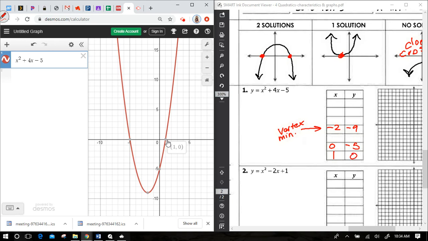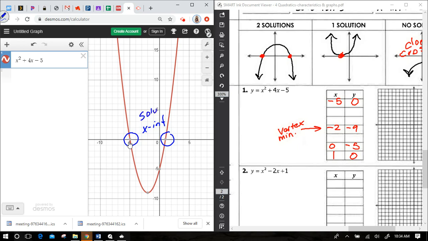And if I come over here to the other point, it would be -5 and 0. Okay, so I have only written down these 4 points. This point and this point are the x-intercepts,